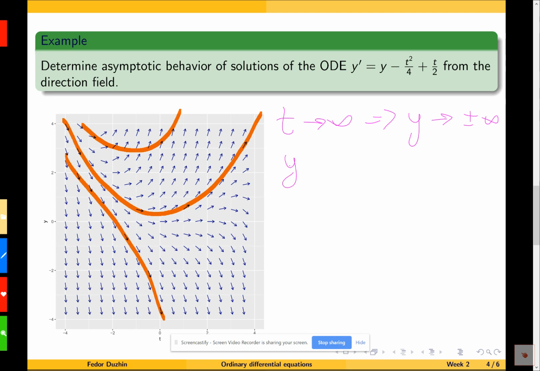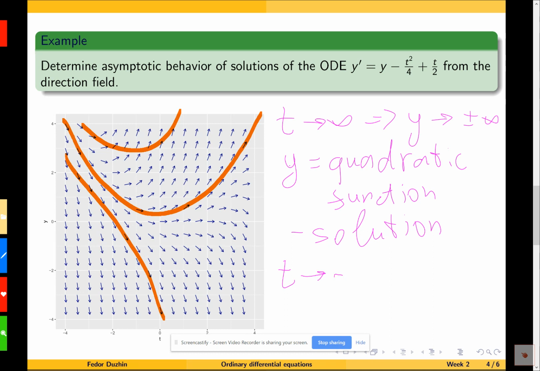I guess we can try to guess that quadratic function, but it's probably not obvious immediately what that quadratic function is. So there is a solution that is a quadratic function. Well, and then if t tends to infinity, then other solutions drift away from this quadratic function. But at the same time,